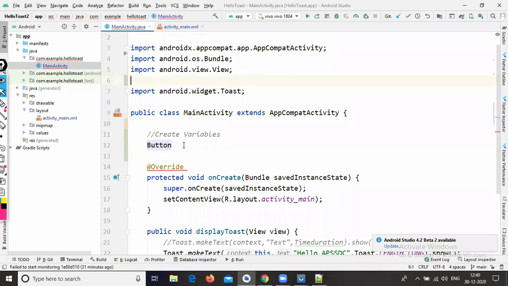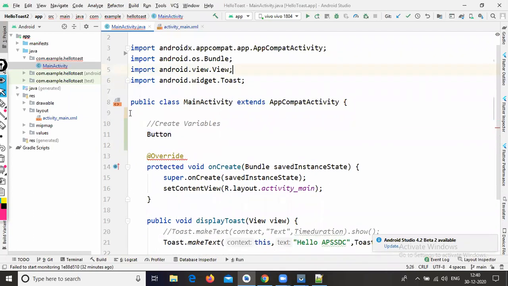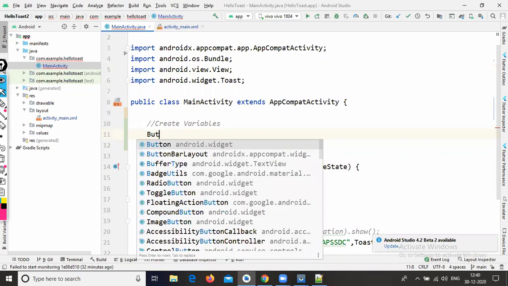So there's no need to type each and every part. Just type 'but', and in the suggestions Button is available.